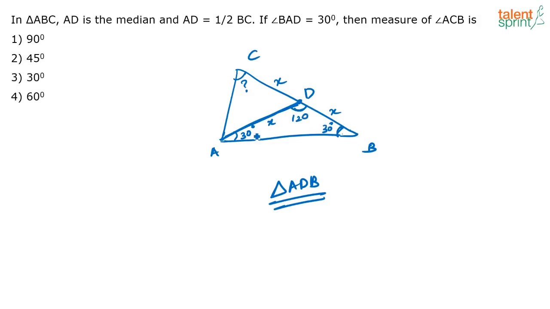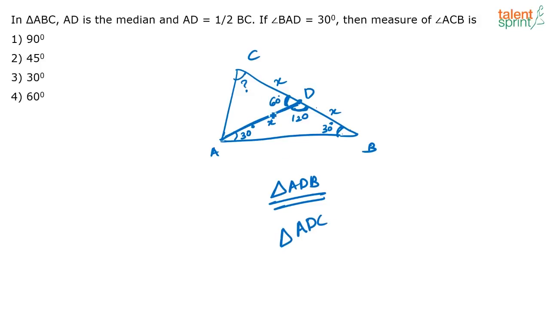So now I have got the values of the angles in this triangle. So if this is 120, what is this? This is a supplementary set, right? So 120 plus this angle has to be 180, or this is equal to 60 degree. So if this is 60 degree, again consider the triangle